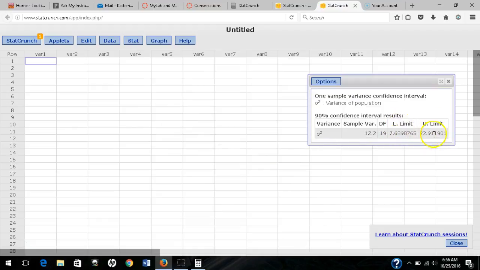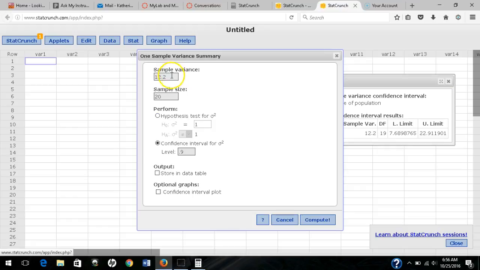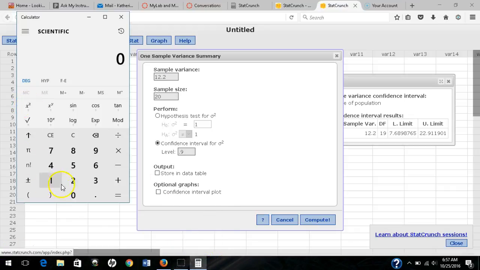So you get these. Now one thing I would suggest is if you have a problem that gives you the standard deviation instead of the variance, what we need to do is I'll go in and edit. If you are given the standard deviation, remember the variance is just the square of that. So what I need to do is go ahead and square my standard deviation. So here's a little calculator. Let's say I have a standard deviation given of 2.3. If I square that, then 5.29 is the variance that I would input here in the sample variance area with